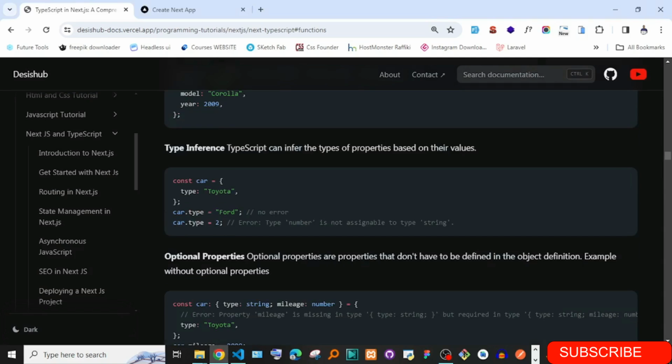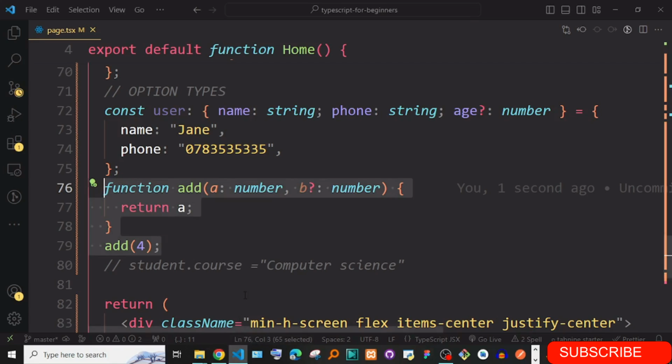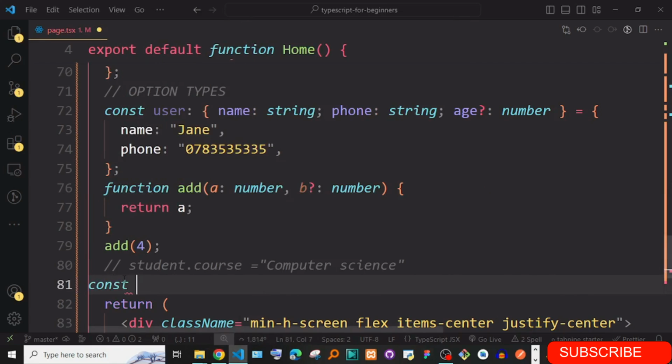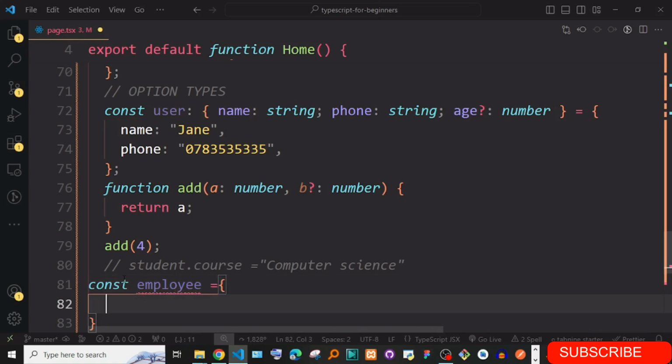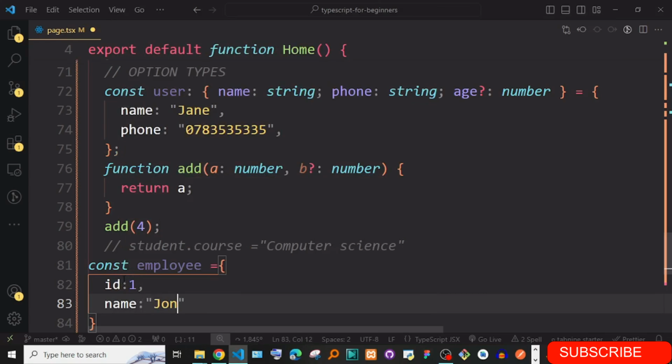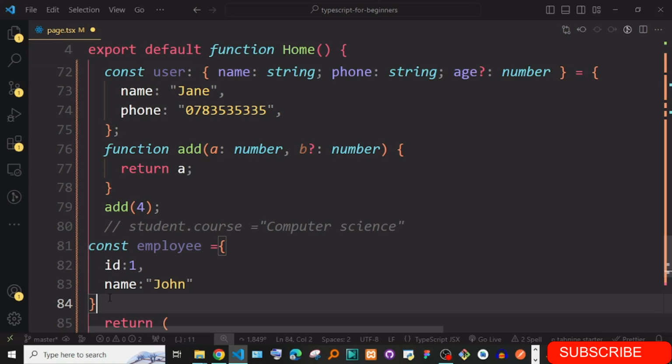Of course, as we said, type inference also works on objects. Even if you define it and you don't add anything, it's already smart enough to know. If I say const maybe employee, and I say it is equal to ID of maybe 1 and name of John, it actually already knows this.